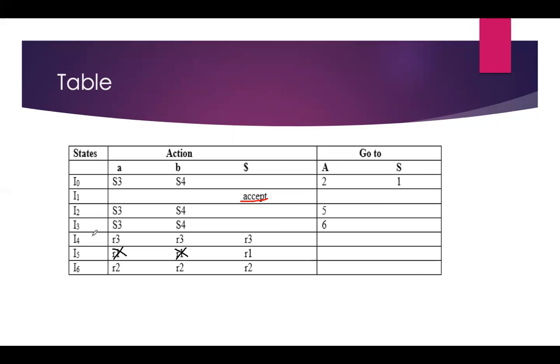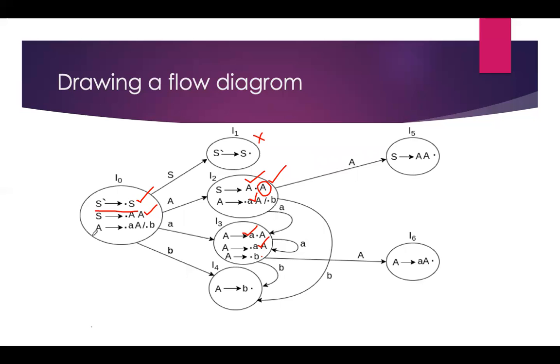And coming to I3 state. So here I am talking about I3. In I3 state, what are the variables? You just see here from I3, a is going to the same state. If it is b, going to the fourth state. If it is capital A, it is going to sixth state. So three possible variations are available here.